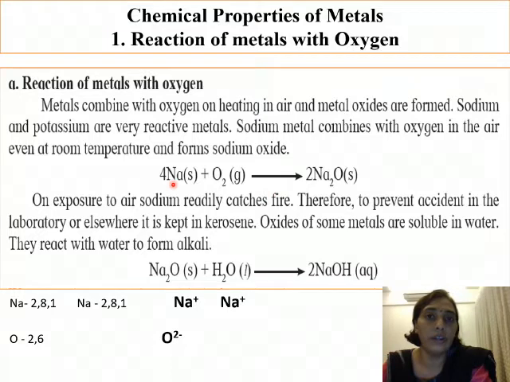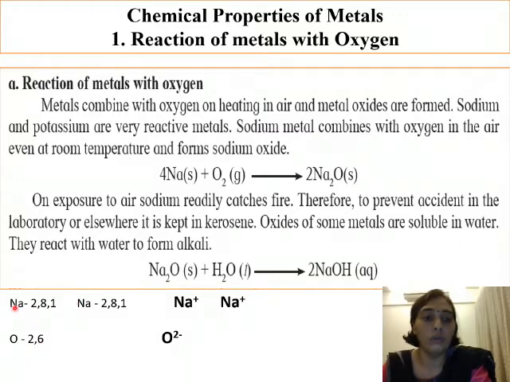Now just to explain how the compound sodium oxide is formed. Here we have sodium, the electronic configuration, 2 atoms I have shown here because we have 2 atoms of sodium, and oxygen is 2, 6. So 1 electron from each sodium is going to be donated to this oxygen. Oxygen needs 2. So when both are donated, they are accepted by oxygen and a bond is formed between the two, that is, the compound sodium oxide is formed.